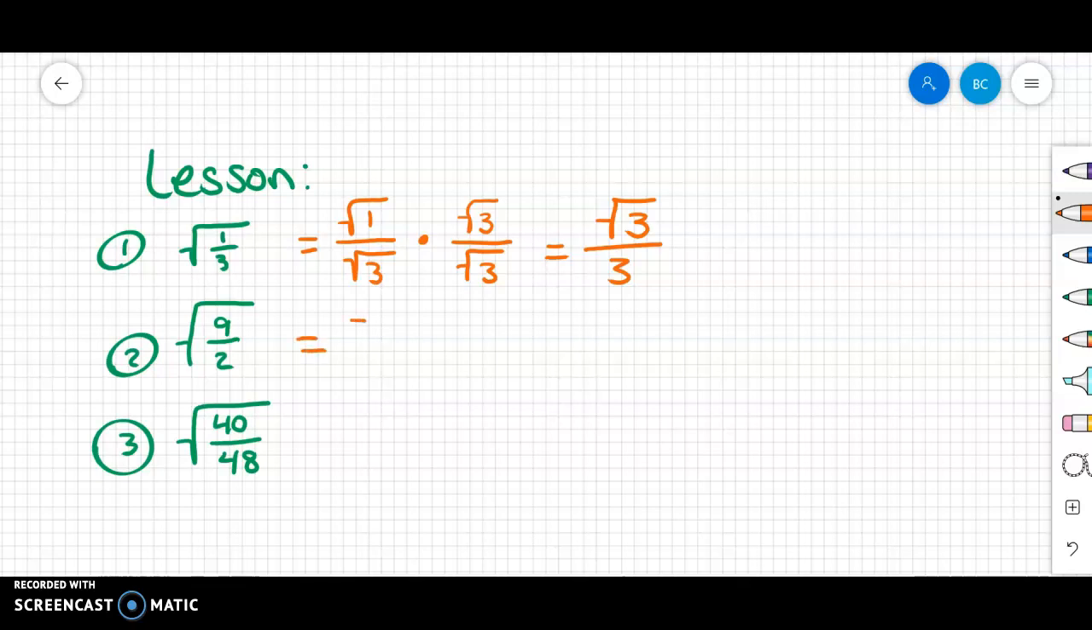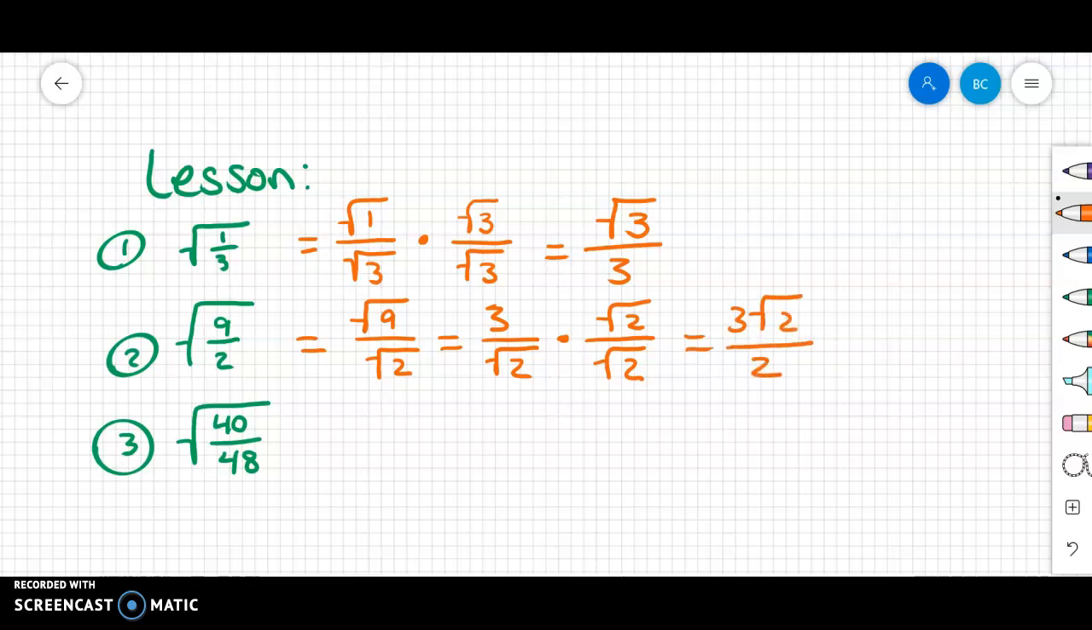On the next one, again, I'm going to split it into two parts. The square root of 9 over the square root of 2. It's easy for me to take the square root of 9. That just simplifies to 3. But I'm left with this radical symbol in the denominator. So to get rid of that, I'm going to multiply it times itself. And if I multiply the denominator times the square root of 2, I also have to multiply the numerator times the square root of 2. So I end up with 3 times the square root of 2 all over 2. I want to double check and see if I can reduce that fraction, and I can't, so I'm fully simplified